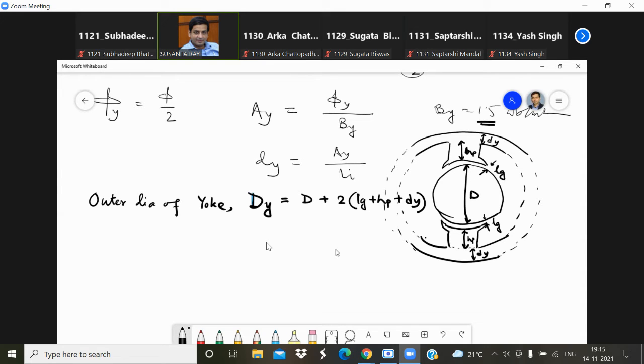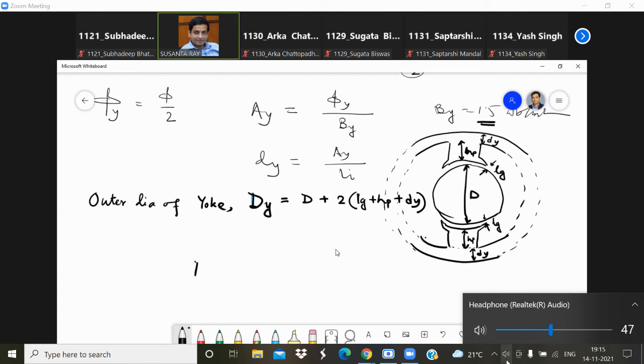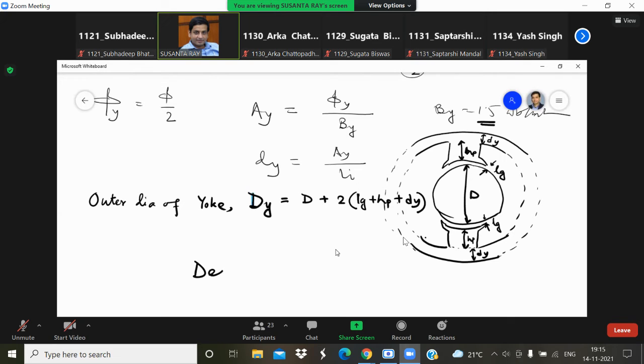Okay. Sir, so then I can proceed with this. If your calculation is correct, take the next thing. Sir, if the calculation is alright, then I can proceed with the next thing. Yes, sir. The next thing that you have to calculate is the commutator. So design of the commutator now we have to do.